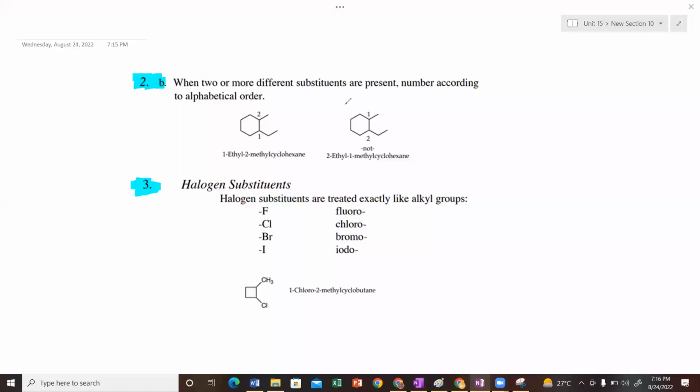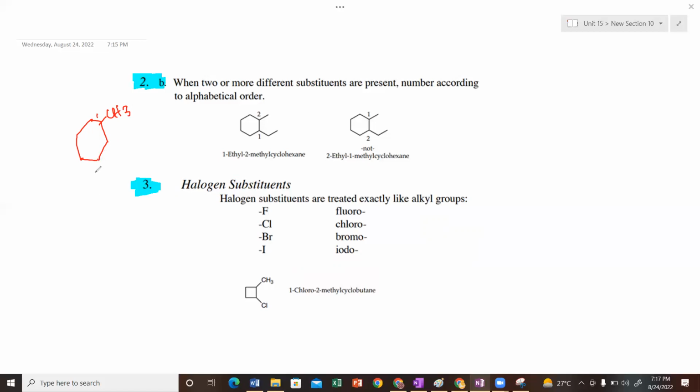Okay, students, we have another part of rule 2, that when we have more than one substitution, and these are different. Like first of all, we discussed that we have a carbon ring, in which we could have one substitution. Let me make it more clear for you so that you can understand. Previously, we had a single cyclic structure on which we were having the first substitution that we named 1-methyl